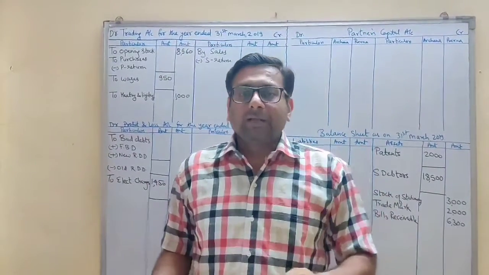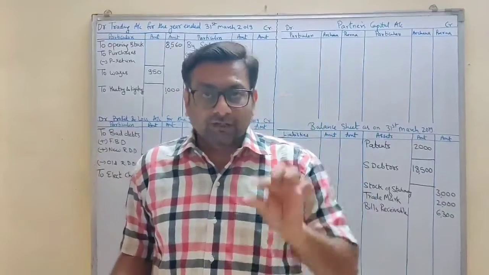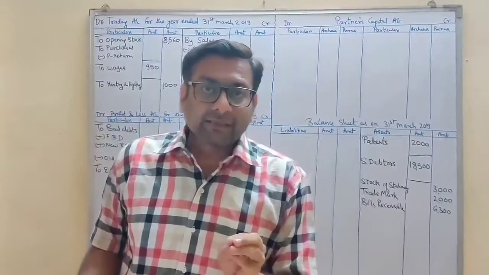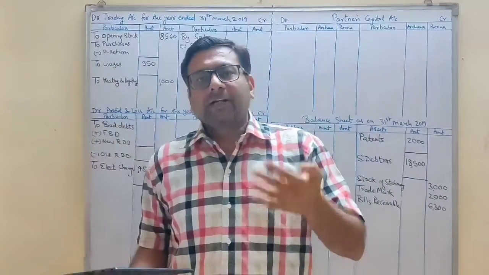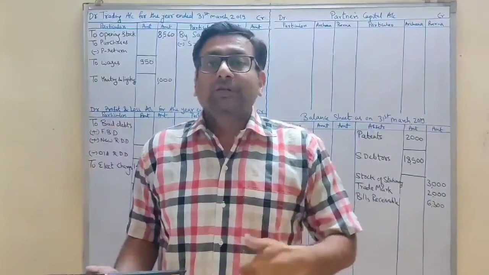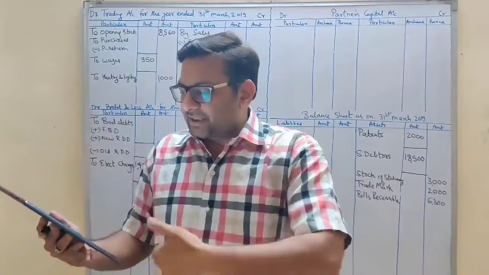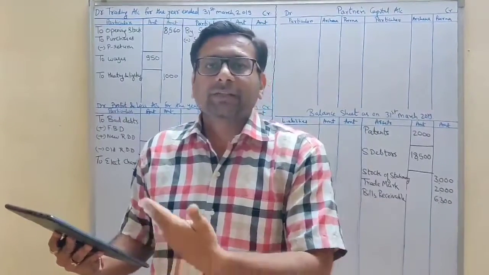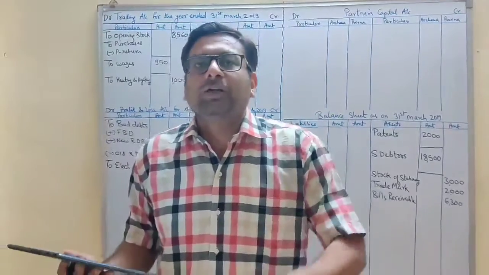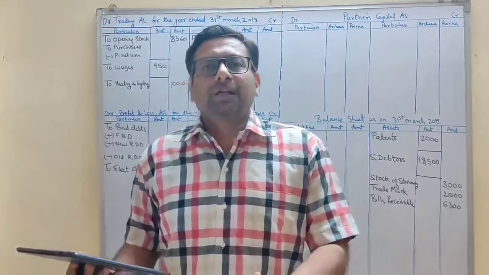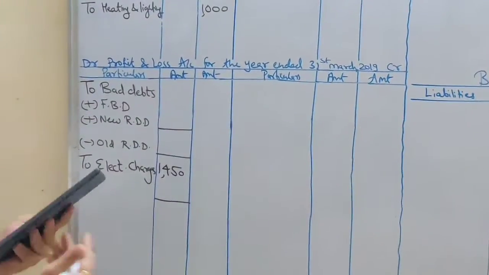If inside the trial balance you find that trade expense is given along with general expense or sundry expense, then trade expense will go in the trading account and general sundry will go in P&L. And students, what will you do if they have given only trade expense and there is no general expense or sundry expense given in the question? It's alone, only one account. So it is a mixture, and if it is a mixture account, you have to put it in P&L. So you will write it in P&L.